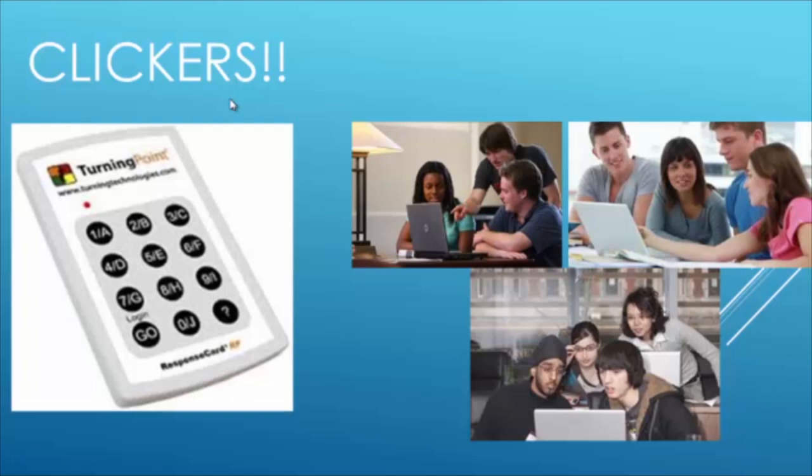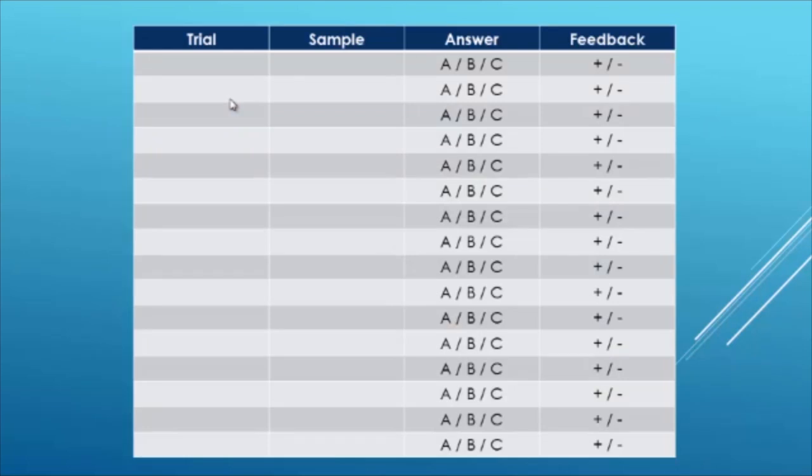When I provided feedback using the clicker technology, the feedback was on a group basis. So for individual subjects, I couldn't provide immediate feedback on how each student did. So I gave them a follow-along sheet. I called it simply a tally sheet, where they can follow their progress. I showed them how to score it, what their answers were, and whether their answers were correct or incorrect. What I have here are examples of the actual conditional discriminations that we used during